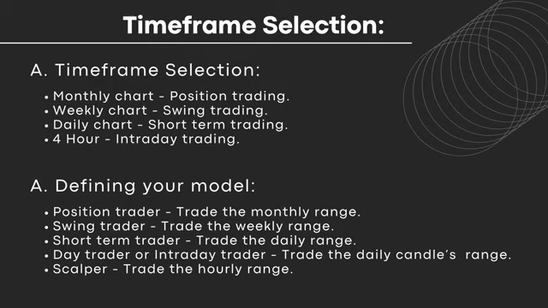Now, the second one is a swing trader. A swing trader trades the weekly range and ranges on the weekly chart or the weekly time frame, right? Typically for a swing trader, their setup takes a few weeks to a few months to form, and the average duration for their setup also ranges from a few weeks to a month, or a month or two. Now, this style of trading works too, but this usually works best in expansion profiles on the weekly chart,